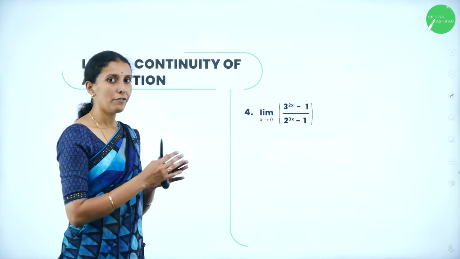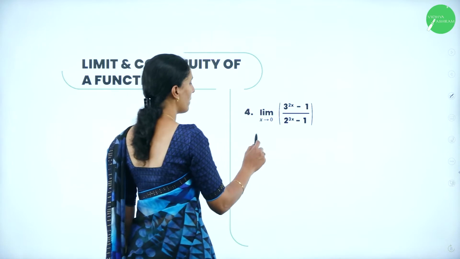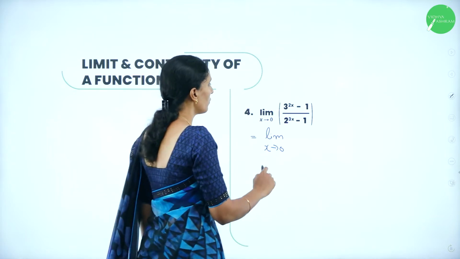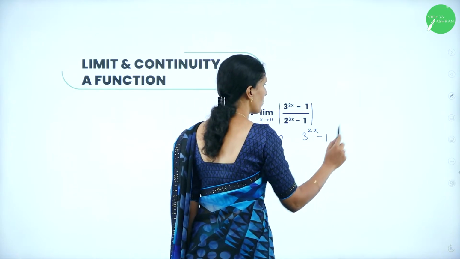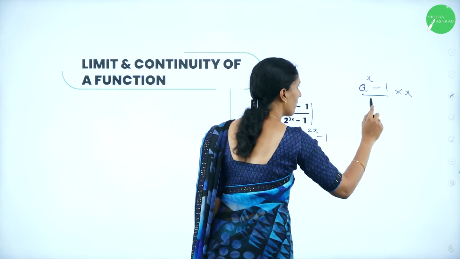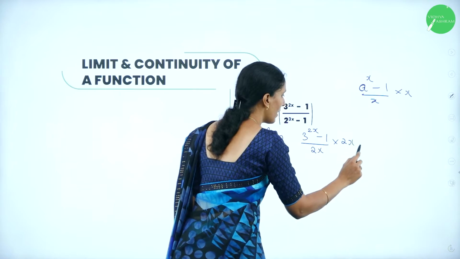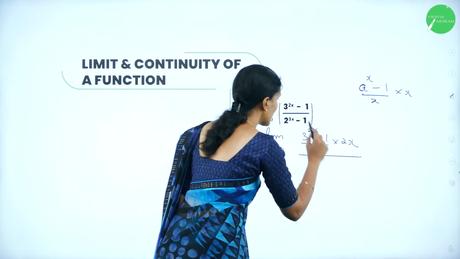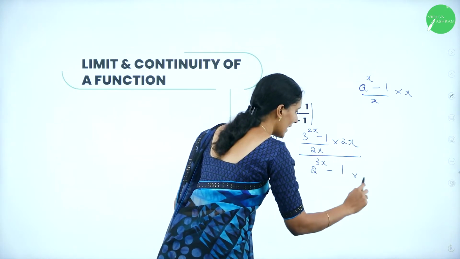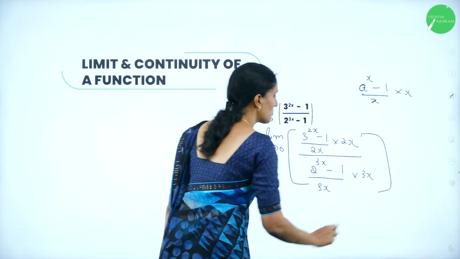Next question, the same form of a power x minus 1, but denominator is not x here. So, whatever the requirement is necessary, substitute or multiply and divide with the same value. We have 3 power 2x minus 1. If we have a power x minus 1, then we have to multiply and divide by x. So, here what I will do, I will multiply with the 2x and divide by 2x in the numerator, as well as I will apply the same concept for the denominator also. I have a power x form, so I need x. I will multiply 3x and I will divide by 3x. So, this is the substitution I need.